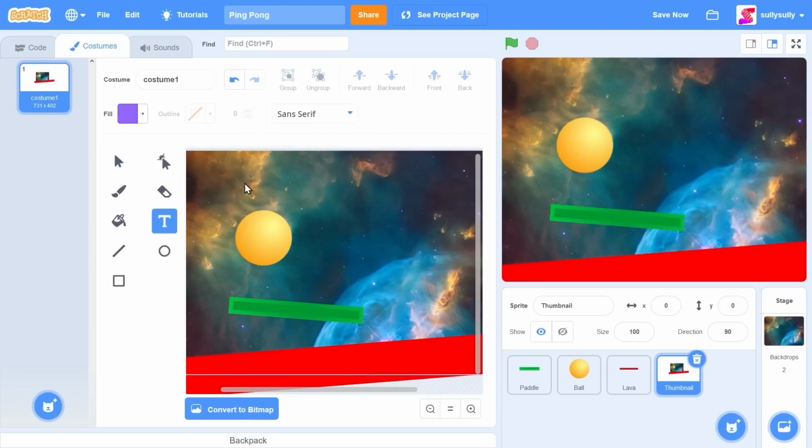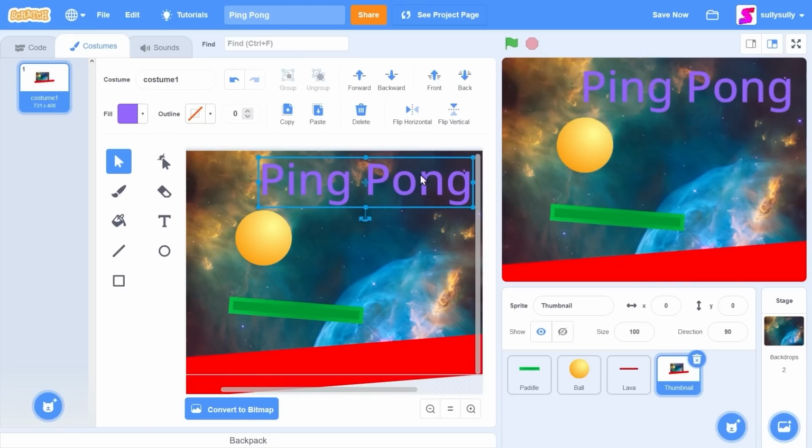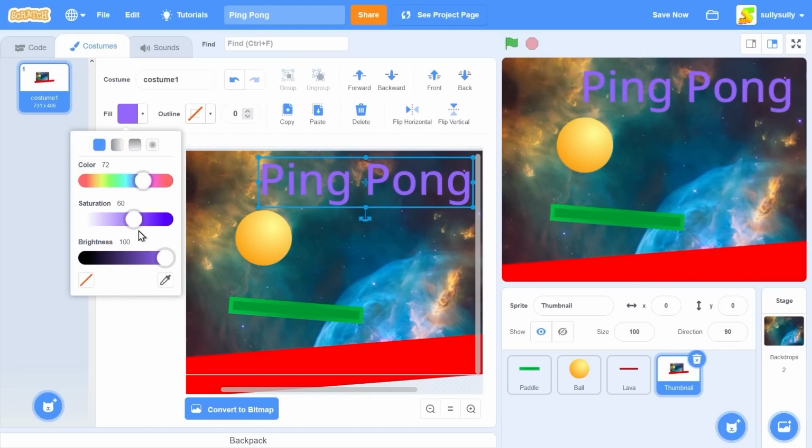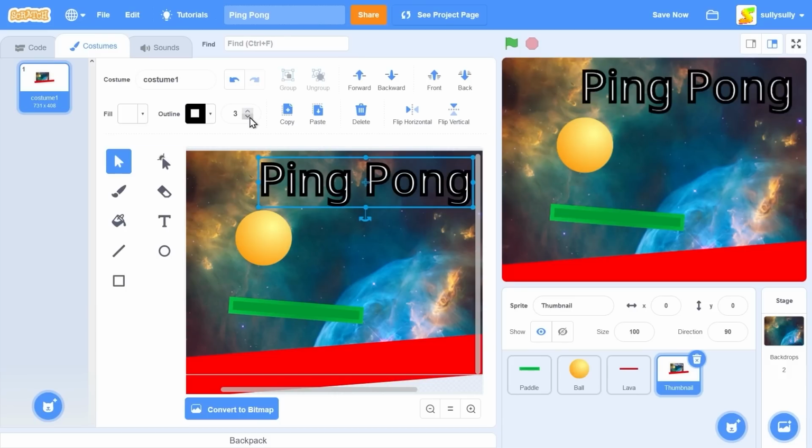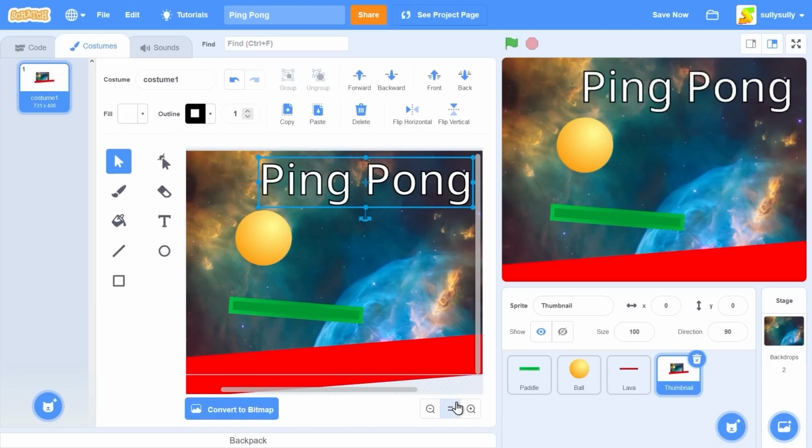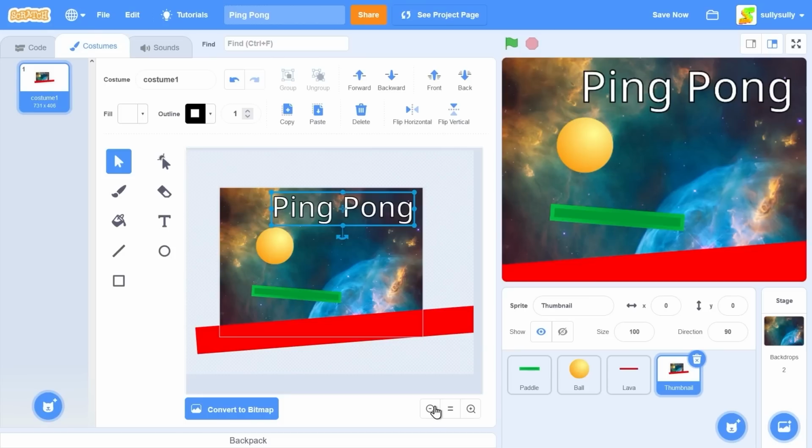Let's click on the text tool and let's call this ping pong. Can I spell? Okay. Let's change the color since purple doesn't really fit the style of the game. Let's make it white with some outline. Cool, that's our thumbnail. So what we have to do is code in our thumbnail so it hides when the